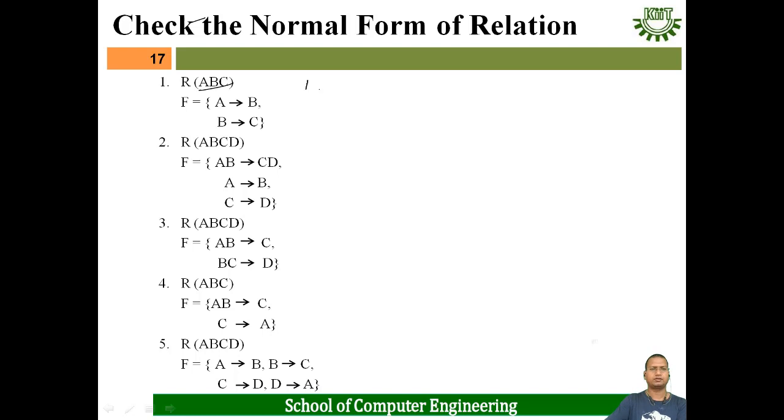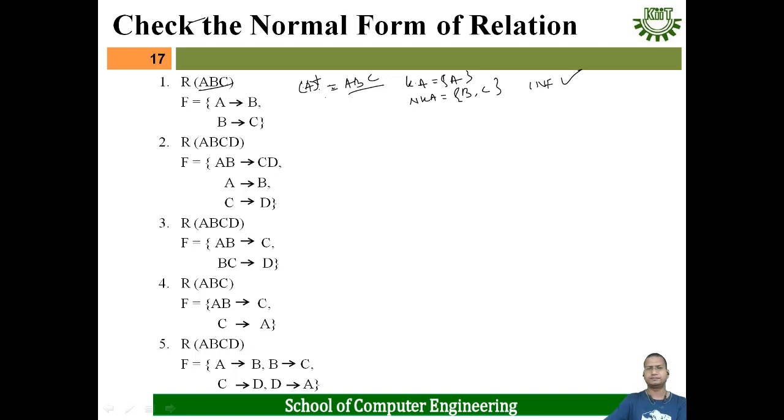First we have to find out the candidate key. A closure will be A, B, C, that means all the attributes are determined. Is A present in the right hand side? No, A is not present in the right hand side. That means the only candidate key possible is A. That means the key attribute is A and non-key attributes are B and C. Then every relation will be in 1NF. That means it will be in 1NF.